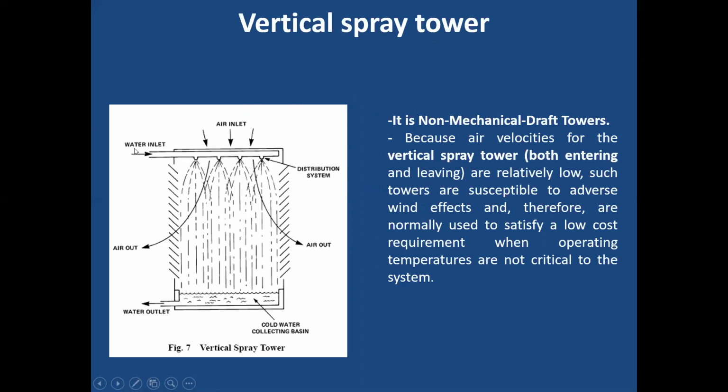This is called a vertical spray tower. Water through a common header is sprinkled like a shower into a water distribution system. Air also comes from the top. It comes in contact with this sprinkled water, and accordingly the water gets cooled, and the water is collected in the sump, and again it goes to the condenser for absorbing heat. Such cooling towers are small spray cooling towers. They are generally used for small systems.